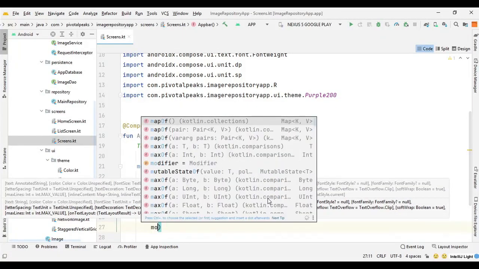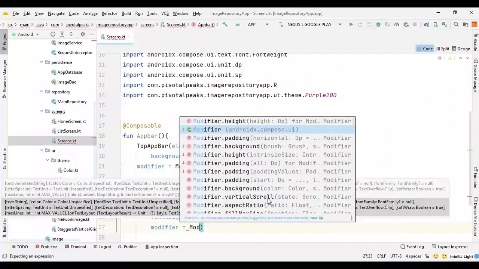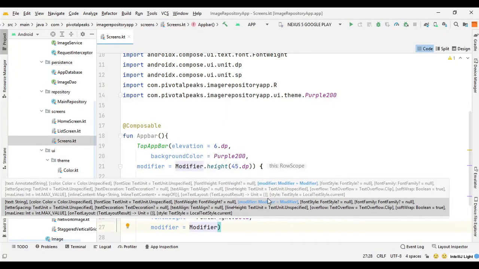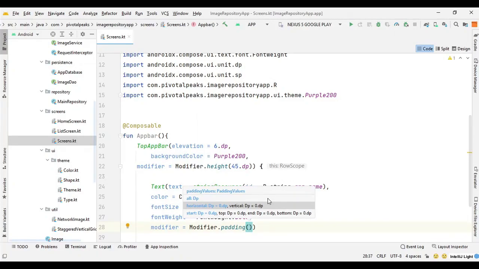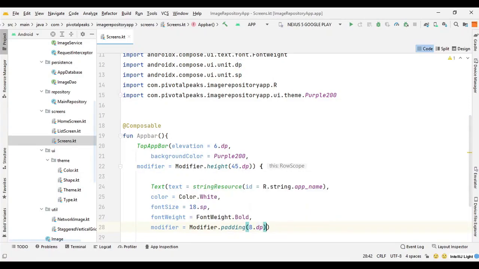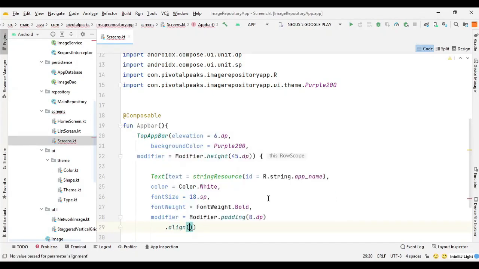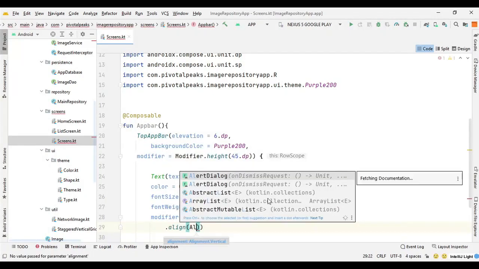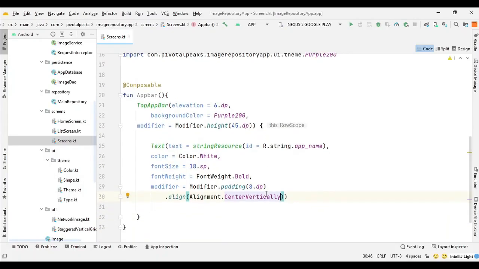So we can say modifier equals modifier dot padding of 8 dp. So we can say 8.dp, and then we can align it to center vertically. So we can say alignment dot center vertically. So that's our app bar.